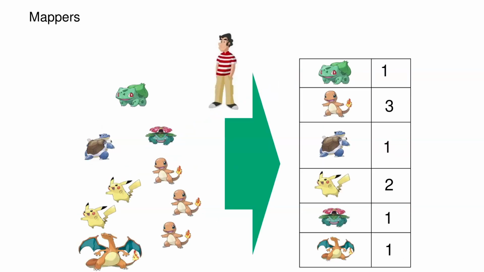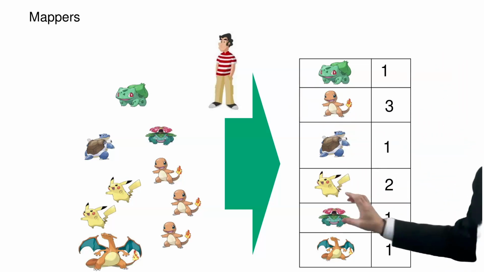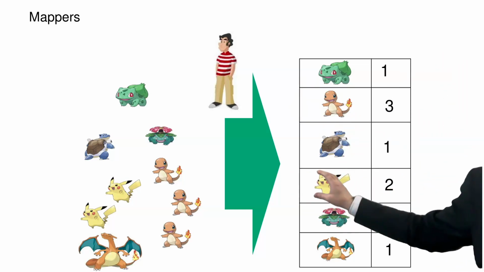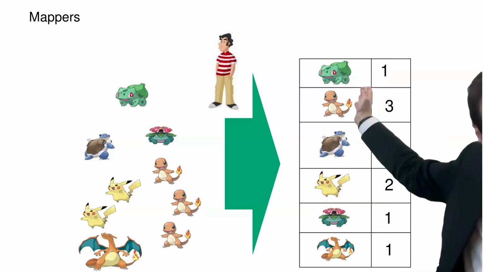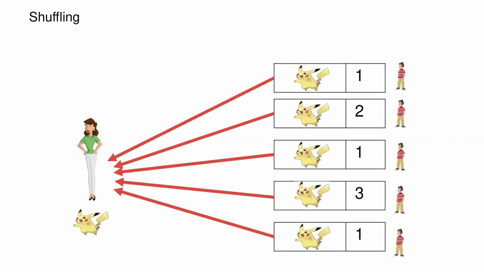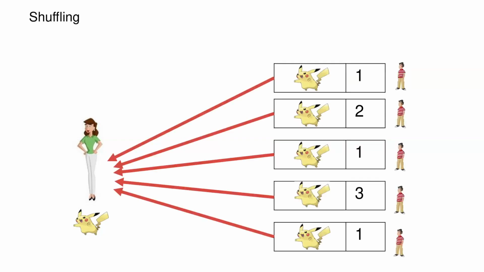So what they do is you take scissors, right? When you have this piece of paper, and then you cut them, right? In between. And then that part is going to be handed over to the student responsible for Pikachu, and these others to the other students responsible for the other Pokemons, right? Now I have to add, this is a huge mess. The part where the students who mapped the Pokemons hand over the little pieces of paper to the students who reduce these lists is an enormous mess in the lecture. It takes a while to manage for everybody to hand over their piece of paper to the right person, right? But after this is done, so that was the shuffling, after this is done, the person who is responsible